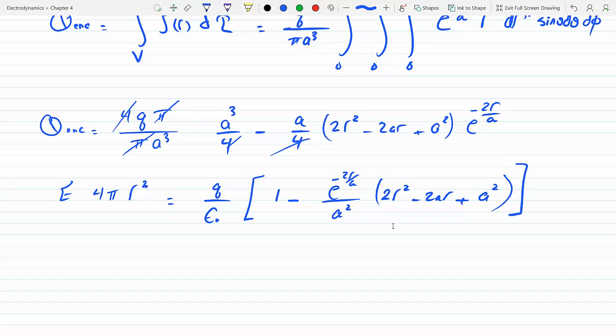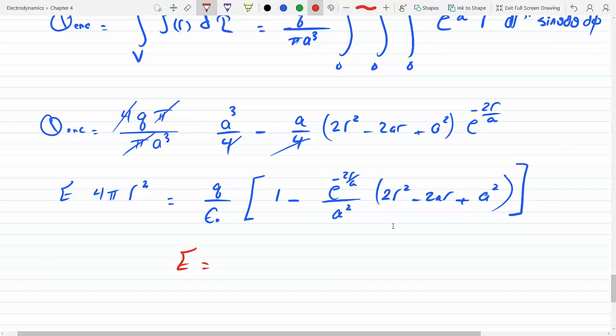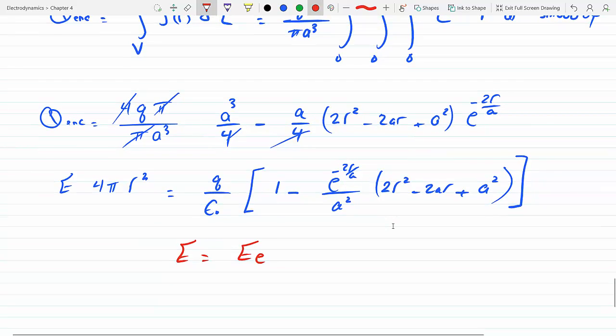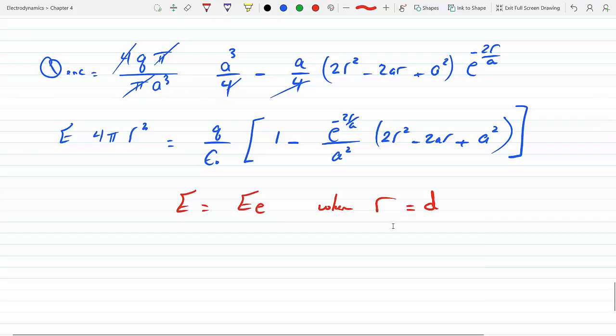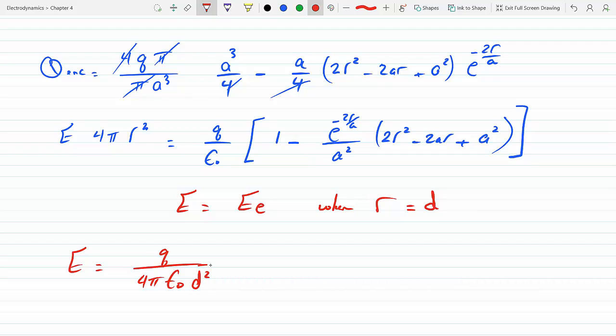Now here's the thing, if the proton will be shifted from r equals 0 to a point where the electric field of the electron cloud will have to equal the external electric field, right? That's when r equals d. So when r equals d, replace r with d there and solve for E, so E will be Q over 4 pi epsilon d squared times